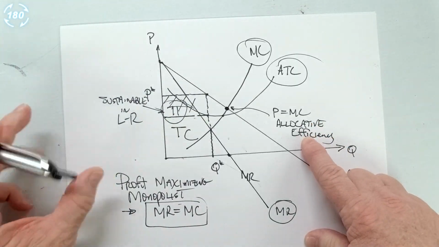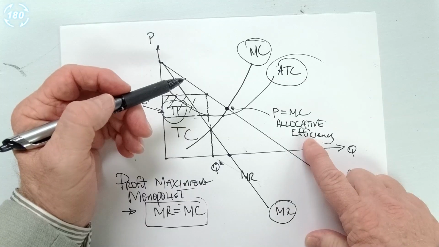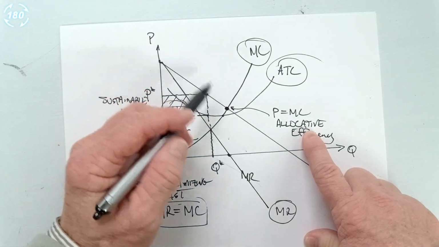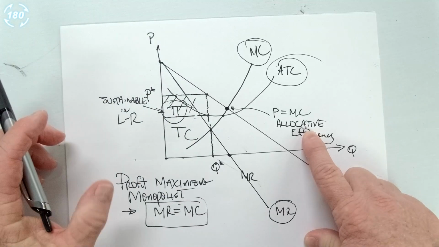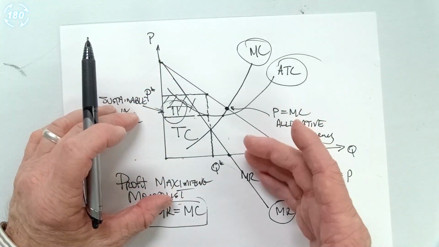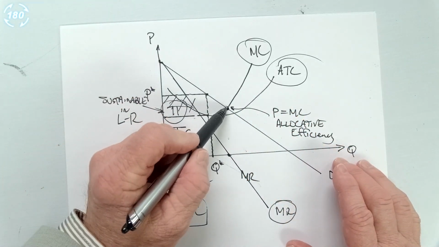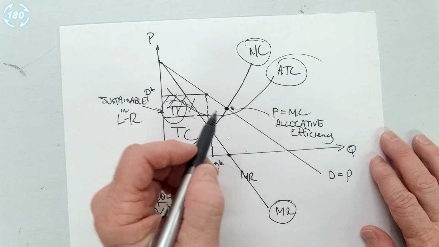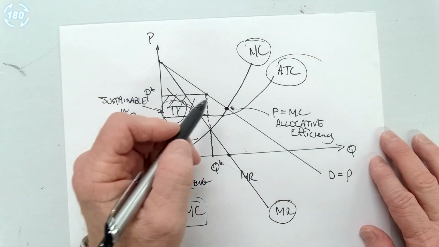You're also going to have productive efficiency because price is going to equal minimum average total cost. So there's a couple things going on. The market demand curve actually shifts and so forth so that this point actually moves to right here. Well, the first thing I want us to see, though, is that you're not going to have any efficiencies that